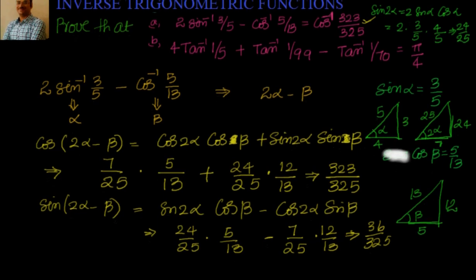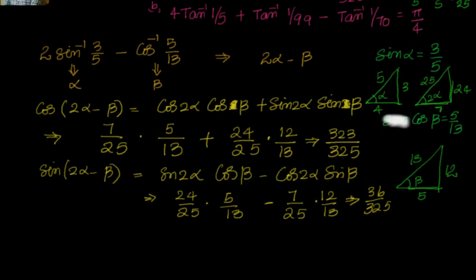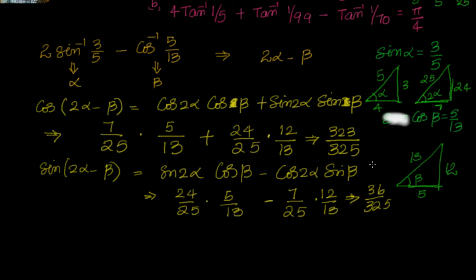Let's go to the next problem, which is a little bit more work than what we have done, because if you see here, if I take tan inverse 1 by 5 as alpha and this as beta, I have 4 alpha. That means here pi by 4, so I will try to apply on the left hand side tan of 4 alpha, meaning I have to first find out tan 2 alpha, then I have to find out tan 4 alpha. We will do that. Okay, let's go ahead and do that.